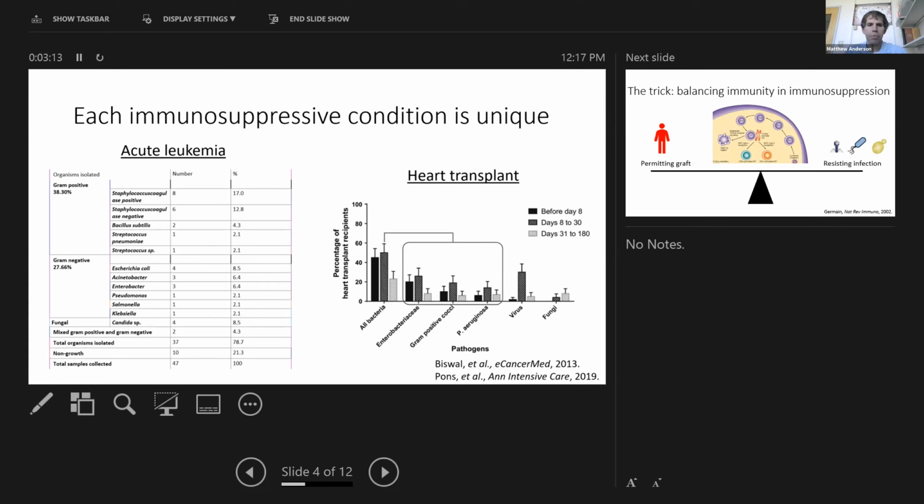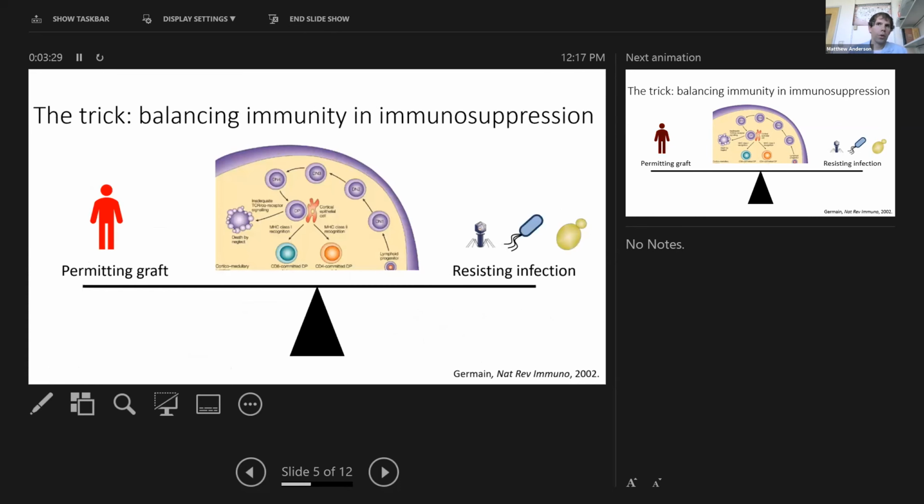is kind of interesting. So we need to be very adept at identifying the infectious agents that are more likely to be seen based on the patient that's coming in the clinic and combat those infections from taking root during other surgical procedures. So we're kind of in this tipping point between resisting infection and permitting the procedure to take